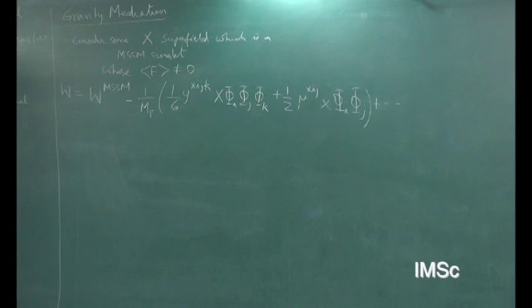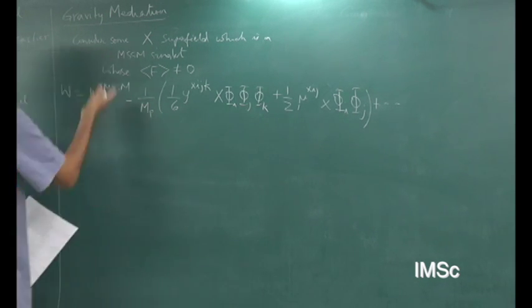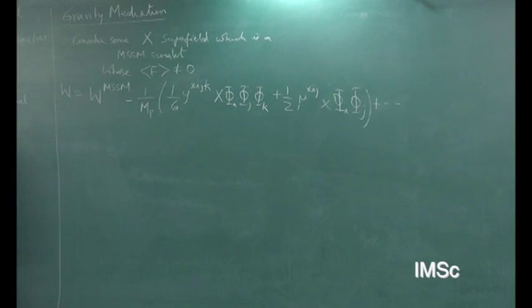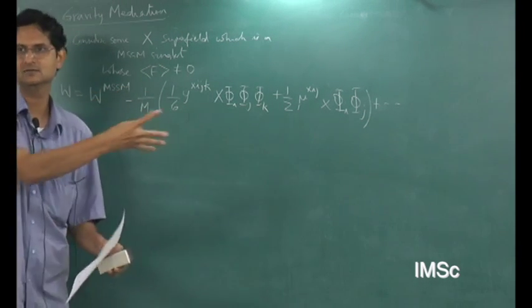This has been phenomenologically written, or you can write a supergravity Lagrangian and derive this. It has been phenomenologically written and also argued from supergravity that it can generate these kinds of things. This is really written in a supergravity setting, with some candidate field X, and in the end this is just, I guess, taking out whatever is relevant for phenomenology from this bigger structure called supergravity. You just zero in on the parts which are relevant to supersymmetry breaking.